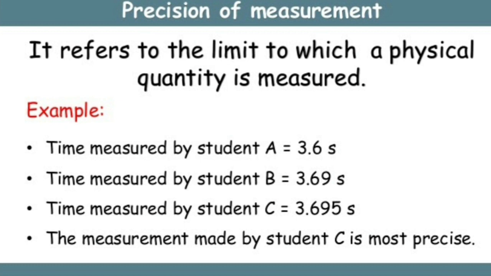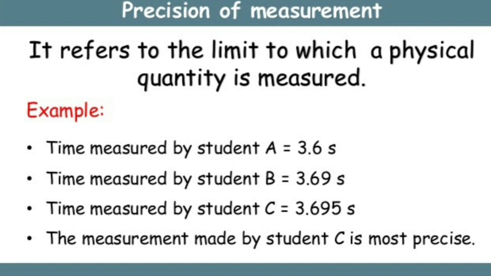The same measurement repeated by student B with another instrument gave 3.69, where the number of significant figures has become 3. In the case of student C with a third instrument, he got 3.695, where the number of significant figures is 4. So 3.6,